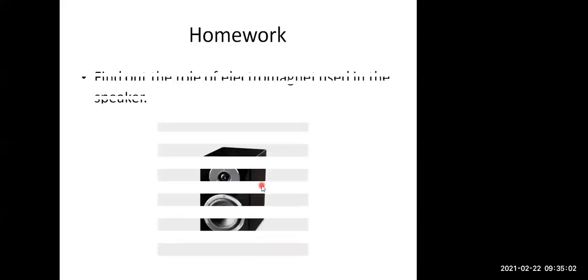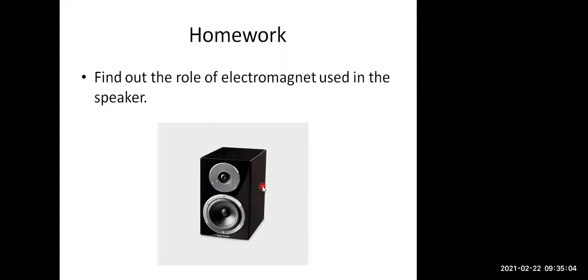Now your homework will be this. You have learned about the mechanism of how a doorbell works by using the property of electromagnetism. You also have a fair idea about the maglev train, which works on the property of electromagnetism. Similarly, your homework is to find out the role of the electromagnet used in the speaker.